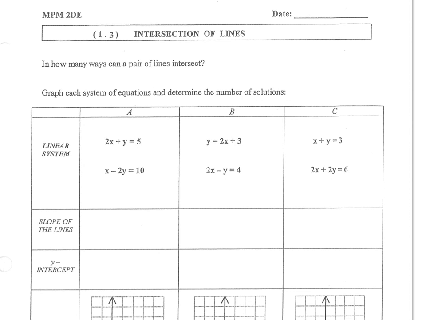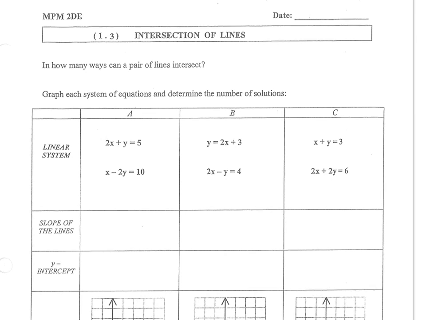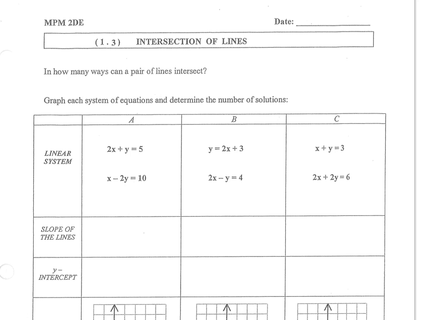Okay, today we're going to look at 1.3, and that's intersection of lines. We're going to think about how many ways a pair of lines can intersect. So really what happens is you have a Cartesian plane, and like I was saying before, you can have two lines and they intersect at one point, okay? And then you can have